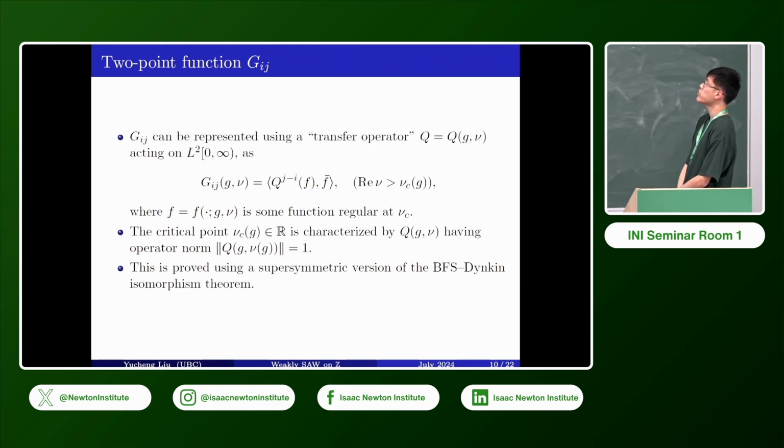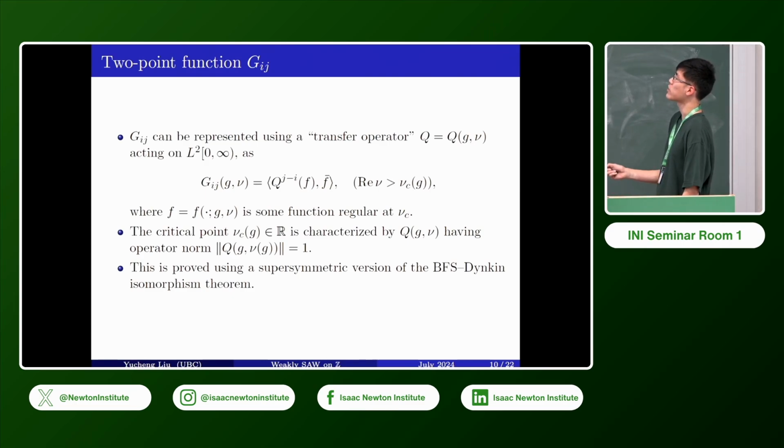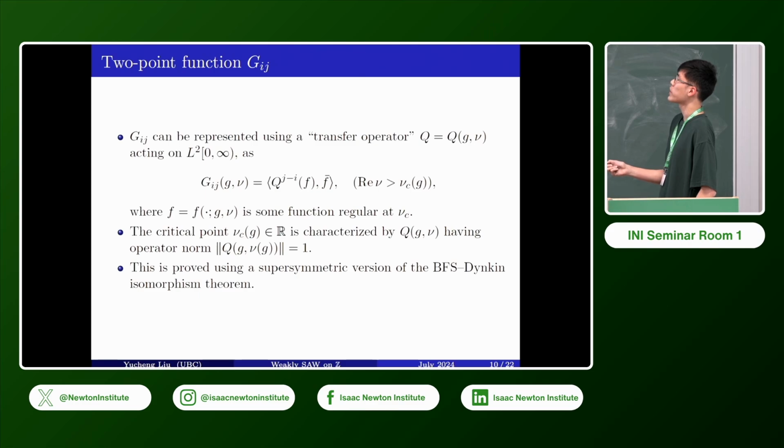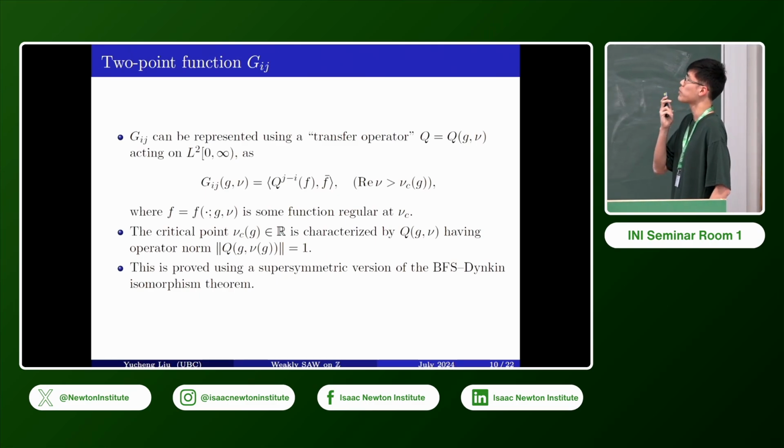So the two-point function G_ij here can actually be represented using a so-called transfer operator, which I call Q, acting on L2 as this inner product. My G_ij is given by the inner product of Q to the power j minus i acting on some function F, and then the inner product with F, when my nu is bigger than some critical nu. This is actually the crucial point that we use